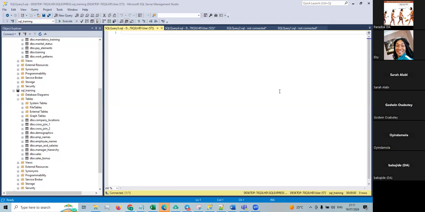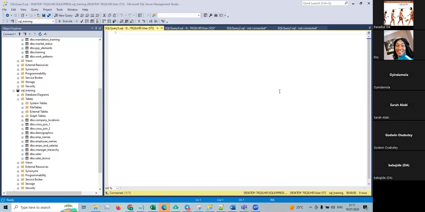I think we stopped when we did trim and replace, when we combine trim and replace. Beautiful. Okay. So the next word we will look at today, let's continue with that, is the